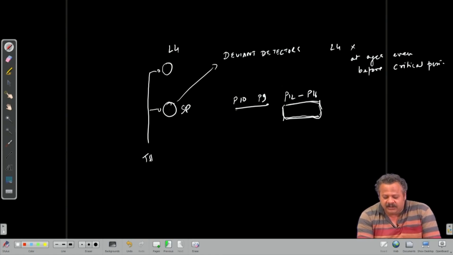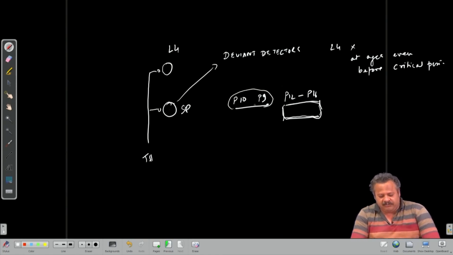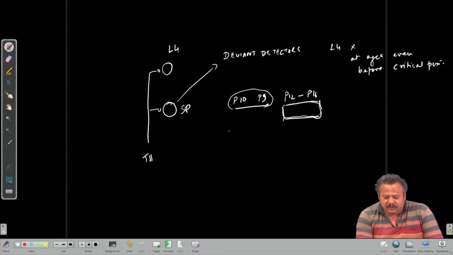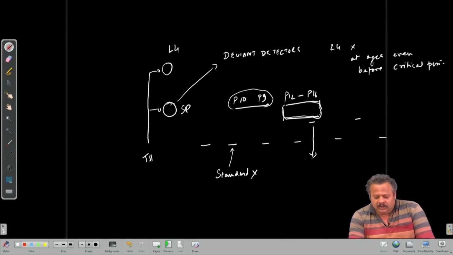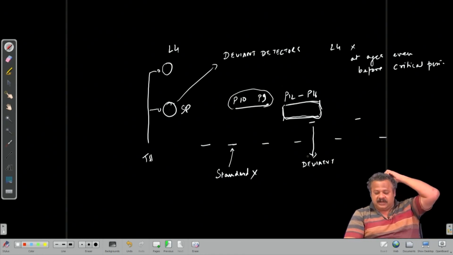So preceding that period, in P9, P10, P11, even P8, what is found is that the subplate neurons are deviant selective, in the sense that if you play a standard frequency tone, as we have discussed earlier, and a deviant tone at a low probability, the subplate neurons are hardly responding to the standard, but they respond to the deviant tone with a much larger response rate, and there is hardly any response to the standard.